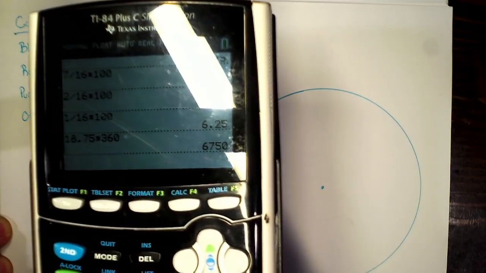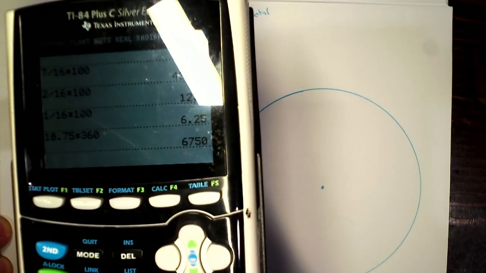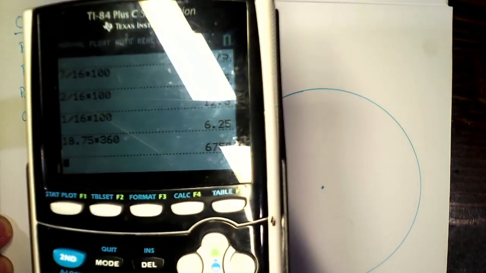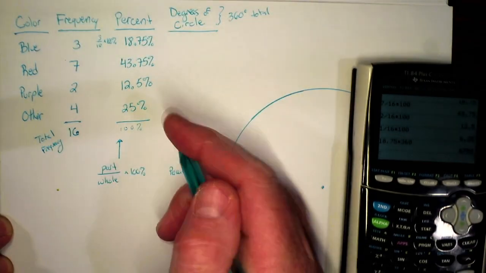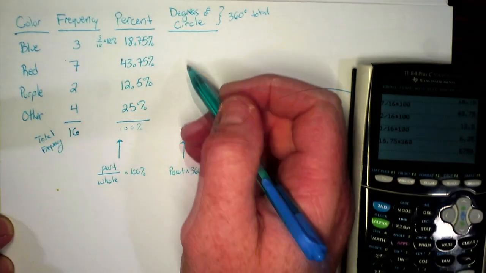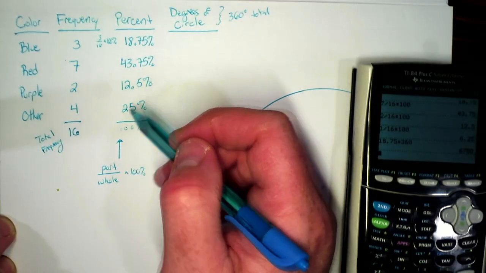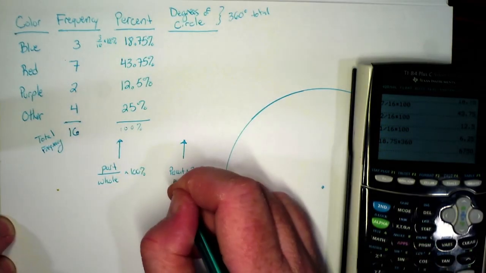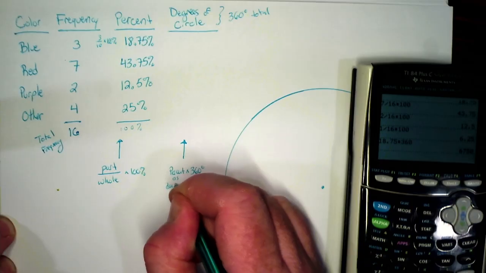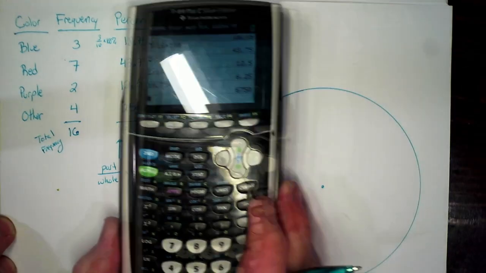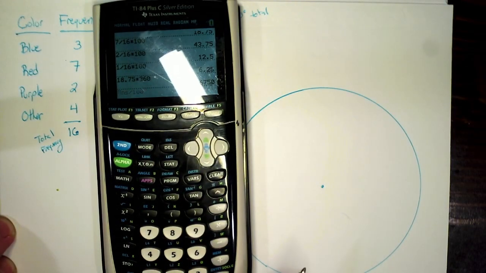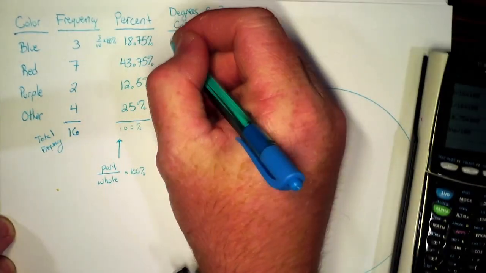Now notice that gives us 6,750. That's way too much, right? Well, that's because when we do any math with our percents, we need to turn it back into its decimal form. So percent as decimal, which basically means divide it back by 100. Okay, so that number really becomes